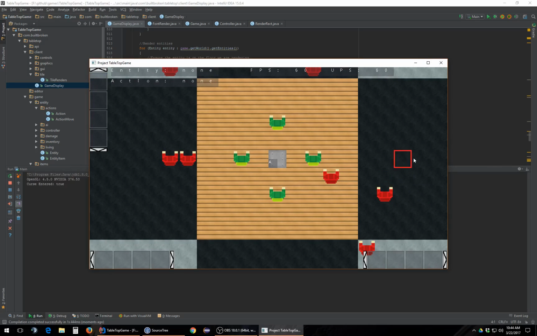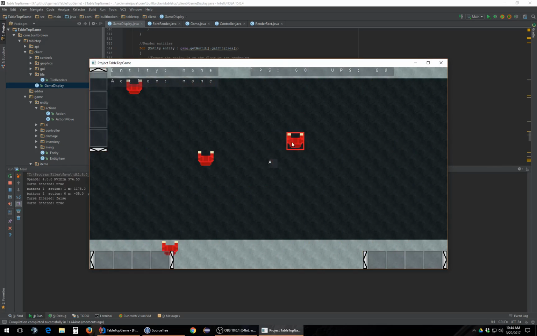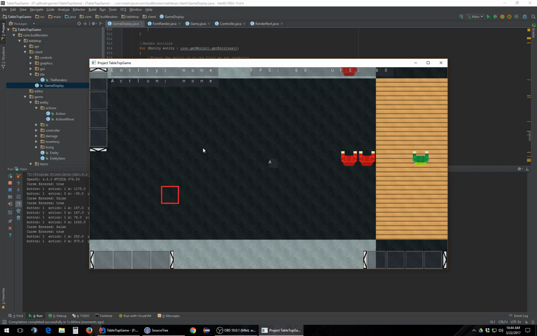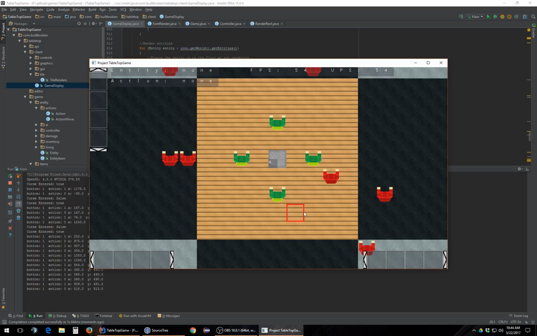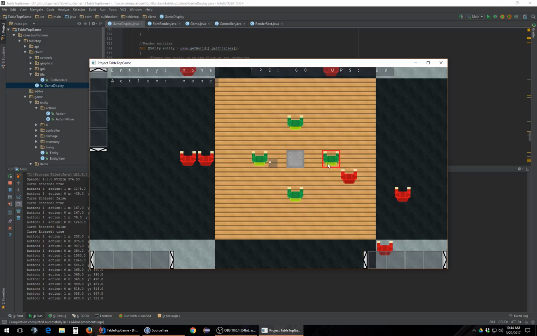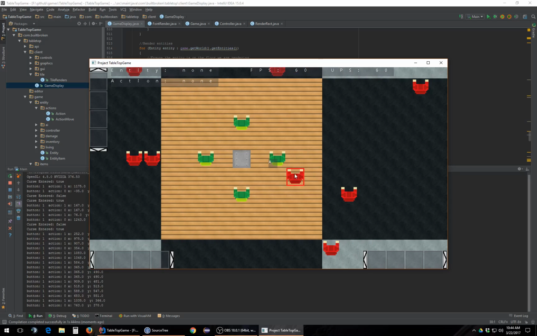Okay, enemy 3. If we go all the way over here, still not working properly. Now if we go to the negative side, what do we get behavior over here? We get nothing. If we're shifted just by any amount from center, so if we go over 1, it only works if we're 1 tile over. So it's off by the factor of the location. And we know when we select it works. So